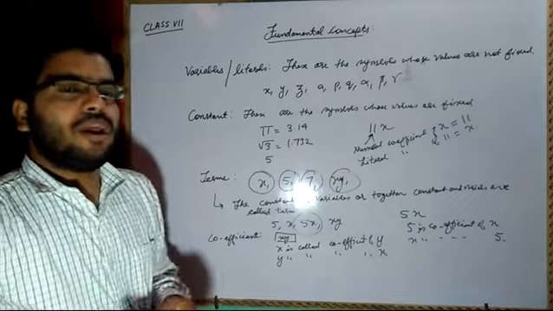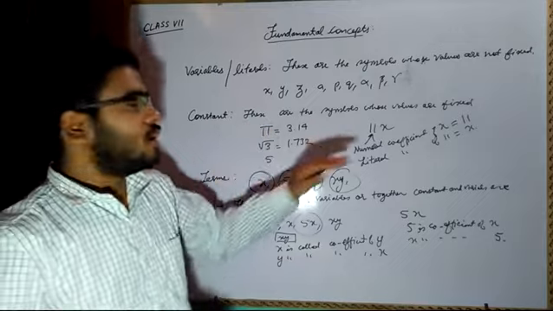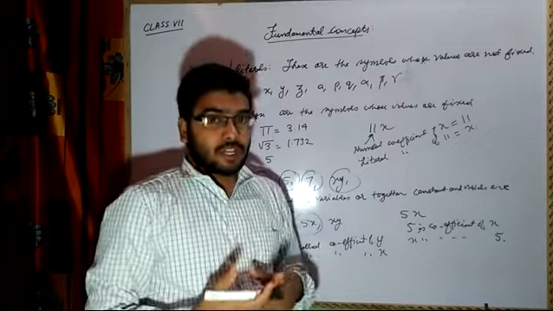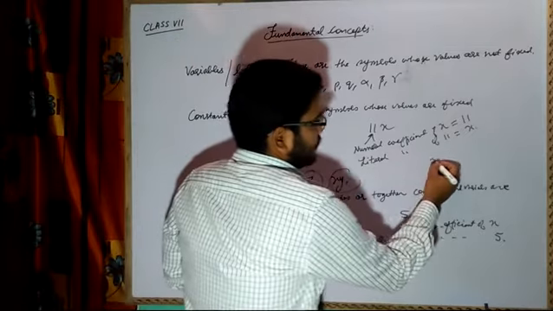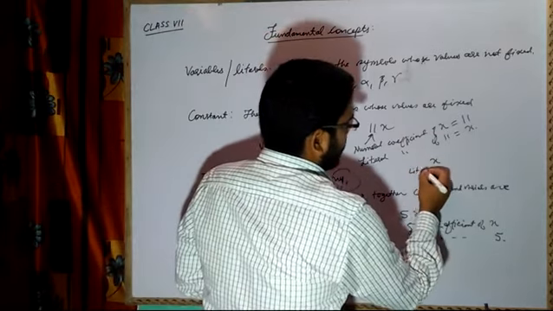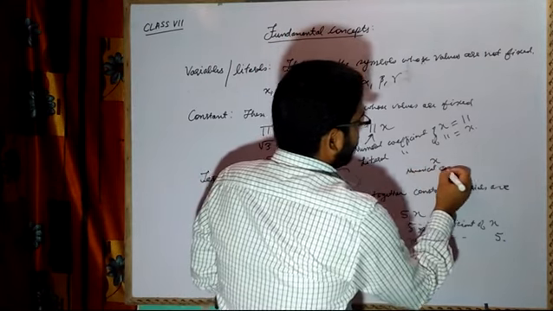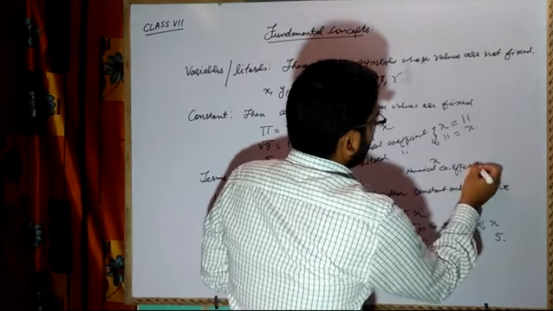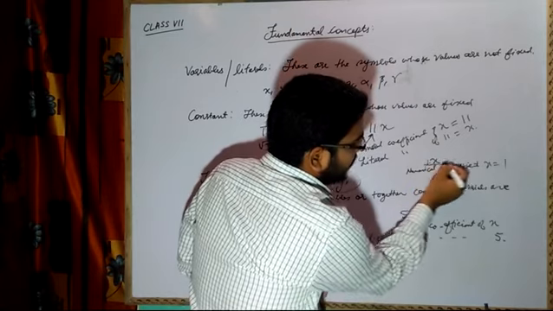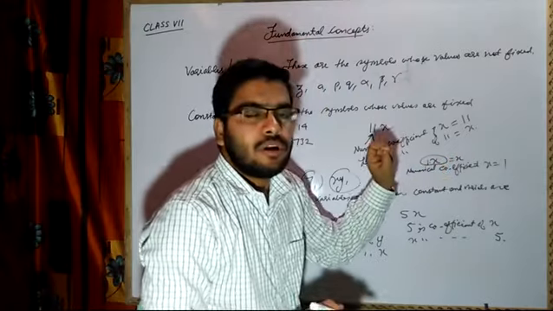Now in the exam you may be asked, like they will give you certain number of terms, and then they will ask what is the literal coefficient of that particular term, what is the numerical coefficient of that particular term, right? If I say x, now they may ask what is the literal coefficient of x. So what is the numerical coefficient? Numerical coefficient of x is 1 here. Why? Because 1 multiplied with x will always be equal to x.